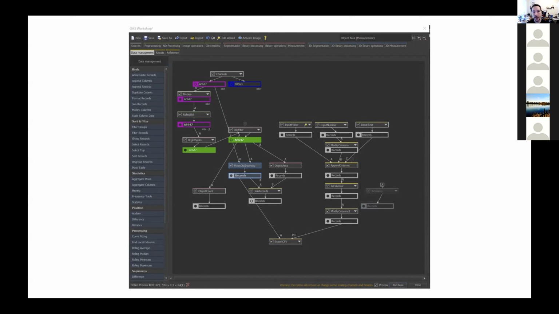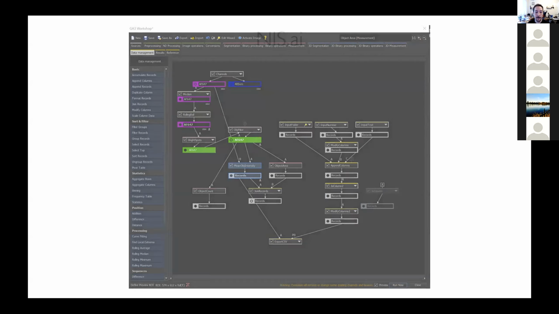If you've got a folder full of data, you can run a batch script on that data. And so I wanted to show you how you can think about building these general analysis scripts. And finally,